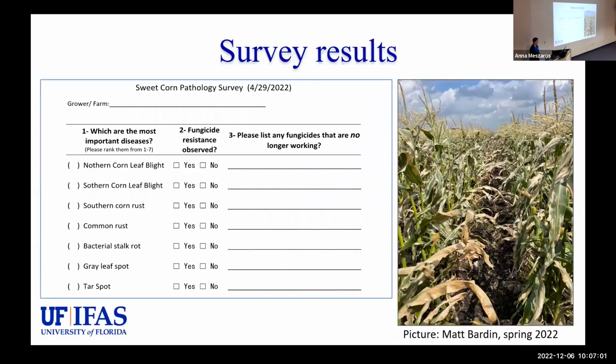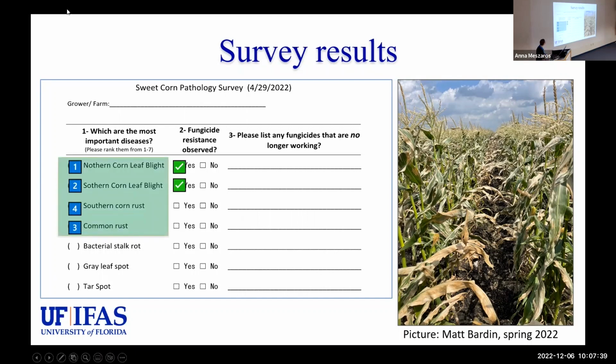And also I'm basing this presentation on a survey that I did in April of this year. So during the spring, I started this job in February, and when I got here, I saw a lot of northern corn leaf blight in the field, and I'm starting to understand it a little bit more when this disease appears. Some are more present during the fall, some during the spring, and it depends on the weather and several other aspects. And anyway, I did this survey, and the results were that the most,